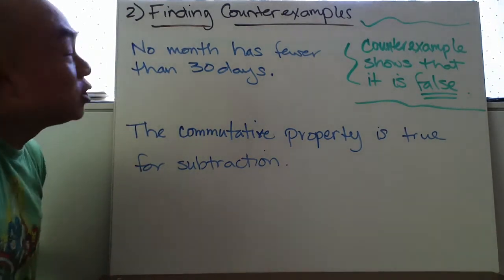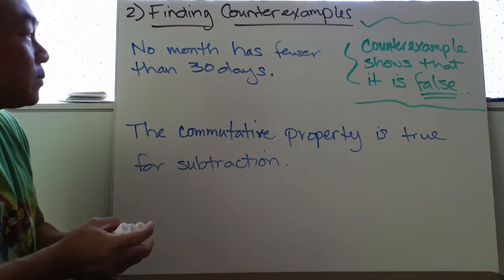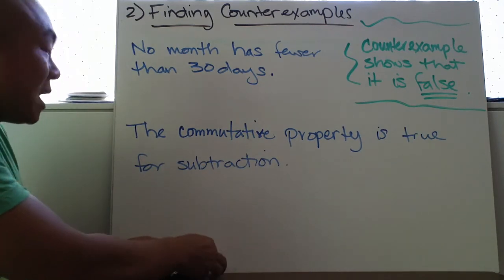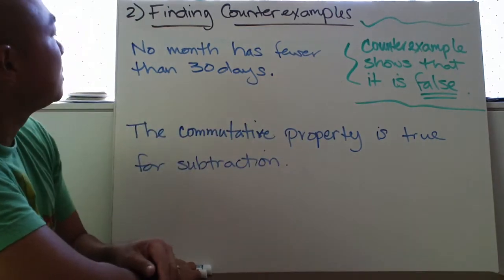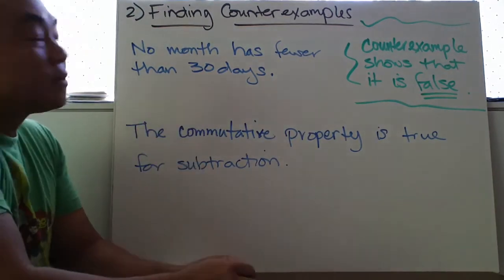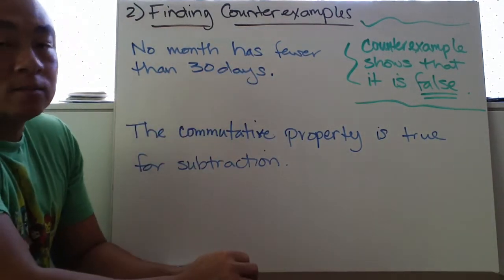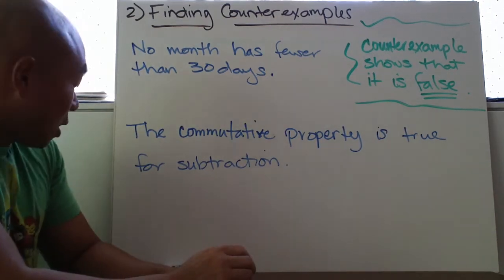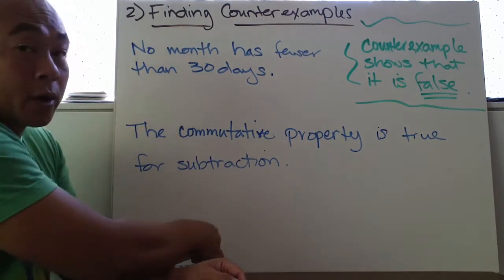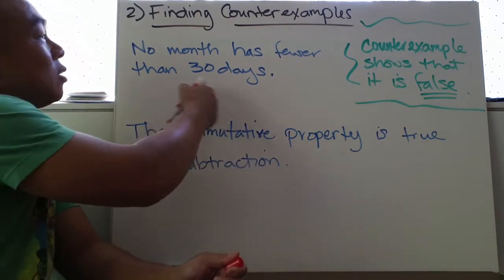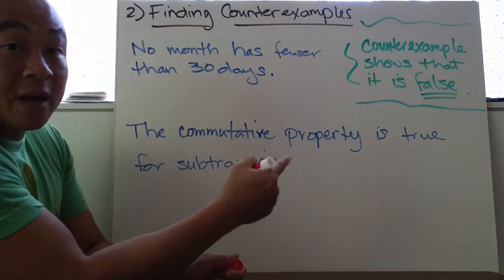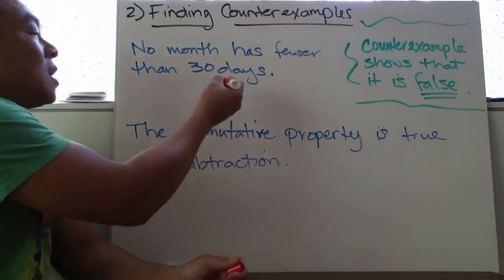Alright, number 2, we're going to find counterexamples. A counterexample is something that's going to show that this statement is false. This statement is telling you that no month has fewer than 30 days. But that's entirely wrong, because the month of February has 28 or 29, depending on which year you're talking about. So you're going to go ahead and give a counterexample, and the counterexample would be,